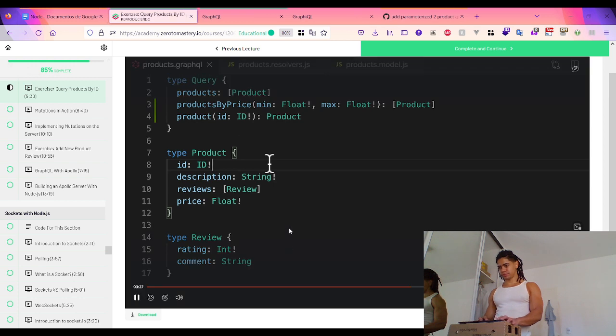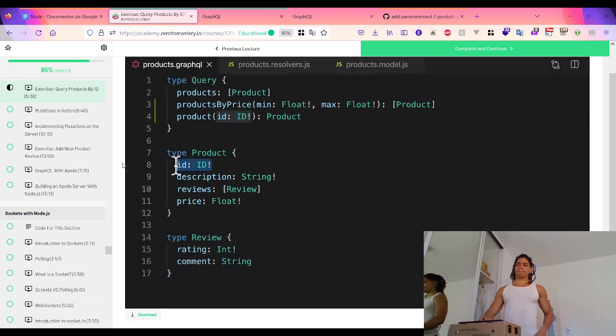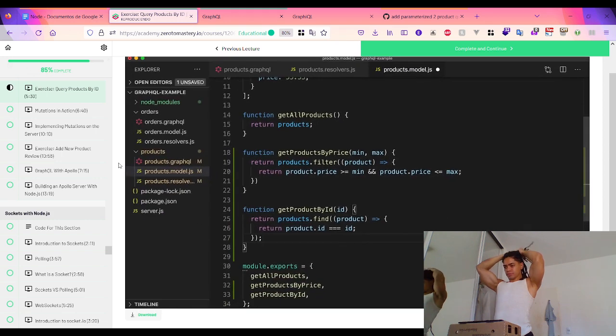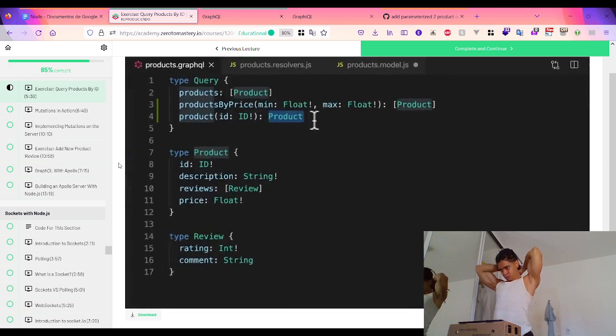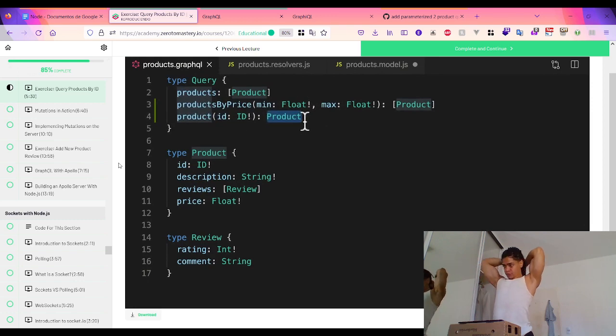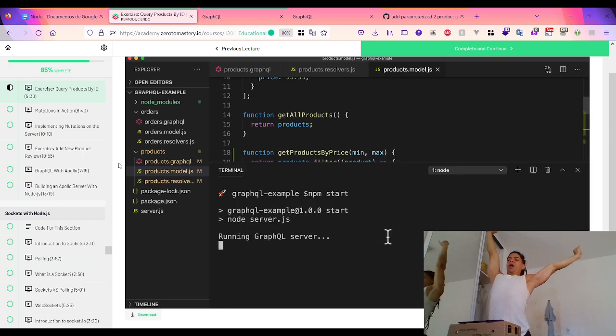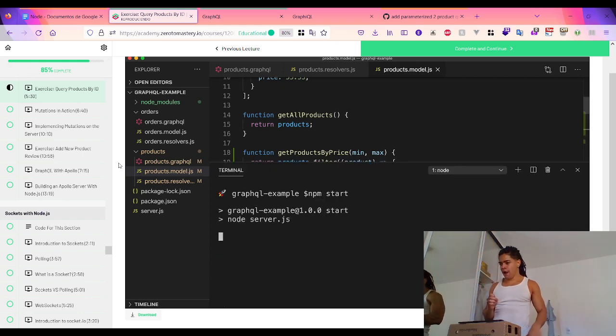We could possibly have two products with the same string ID. In that case, what our resolver here will do in our model is return the first product with that ID. This matches all of the requirements in our schema because the find function will only ever return a single product. So everything should be okay. Let's make sure we've saved all of our changes, and let's run our server, npm start, and test our query